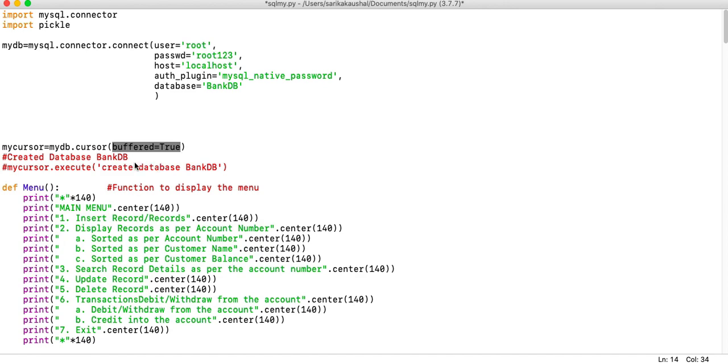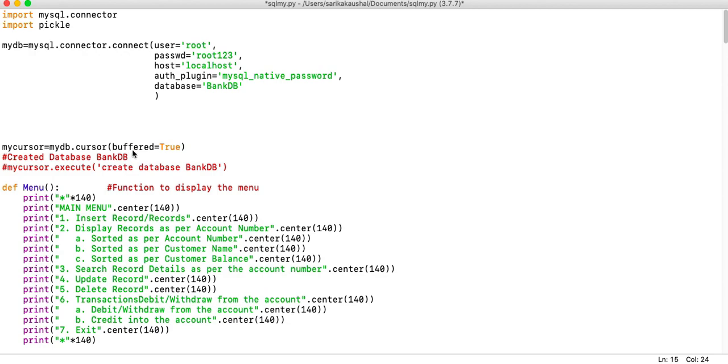So this is only advisable if you have a very small data set or record set, like the one I am working on, because I just have 2 records. I can go up to even 100 records, not an issue. I do have space in my system for 100 records, but if it's 1 lakh records, then this option is not advisable. What is advisable is directly communicating using the buffered cursor. So if you specify this as true, then you will not see that error.